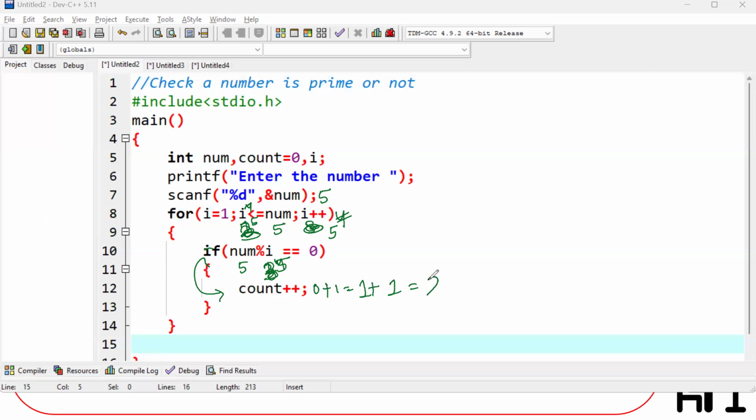It will increment the count value to 2. After that, again it will go to 6. 6 less than equal to 5. False, because the condition became false. So it will directly come outside the for loop. Okay. Till the time you check what is the value of my count. The count value is 2. That means outside the for loop,